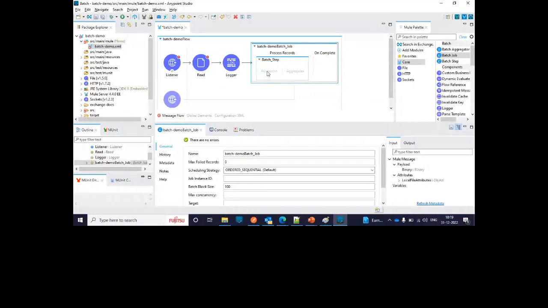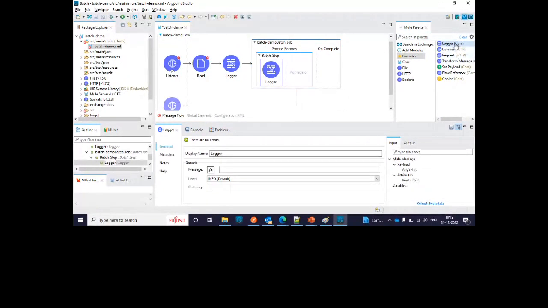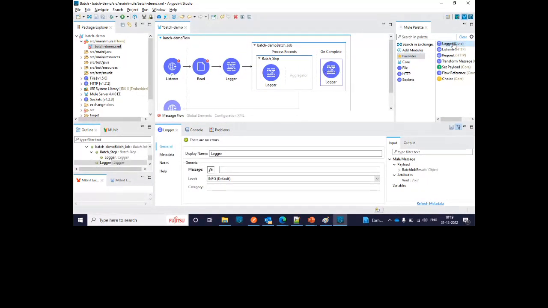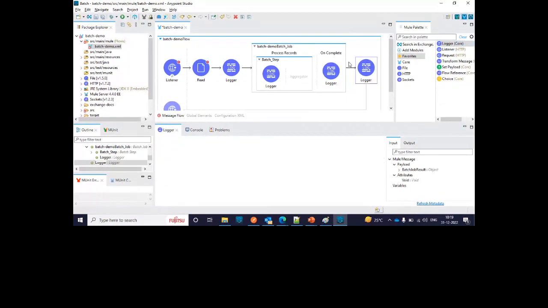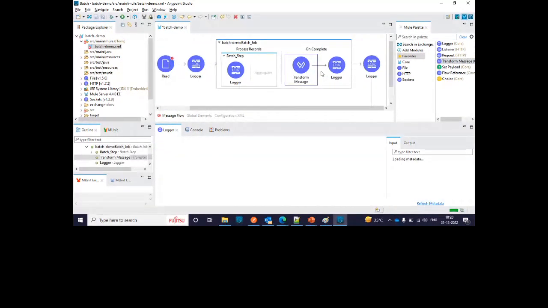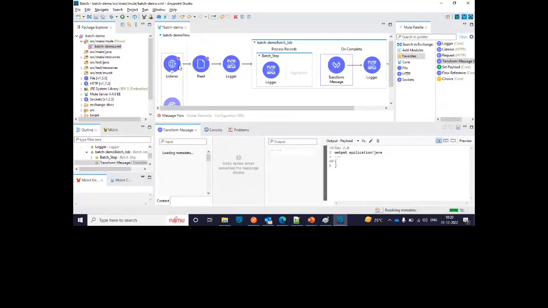So what I'll do is I'll go ahead and drop the message in the batch step, for example. And in the same way, let me go ahead and add on complete. So the batch step process, and at the end. Now, for every process, they may return some Java related or transformation related data. So what I would do is I would be transforming. Now, when it executes asynchronously,